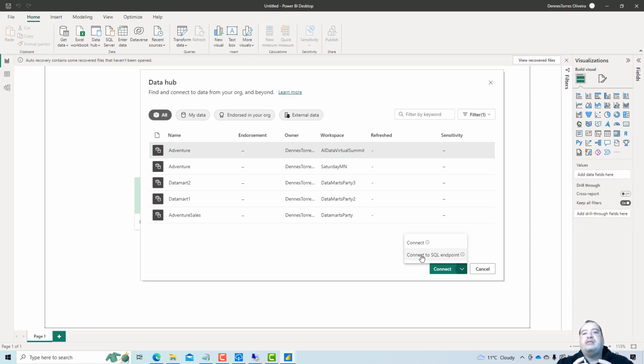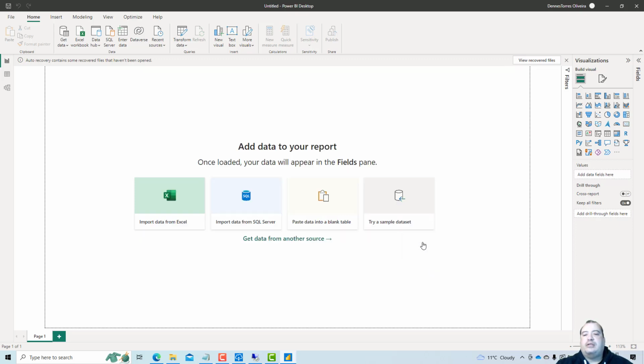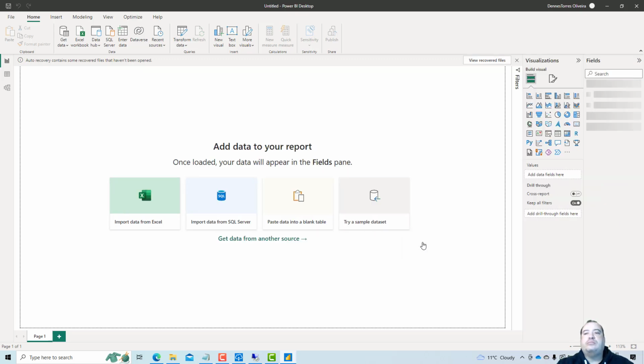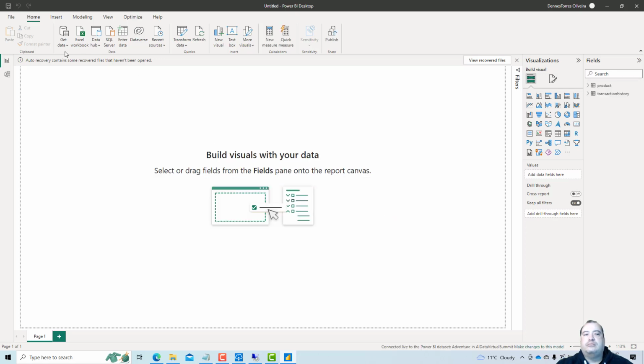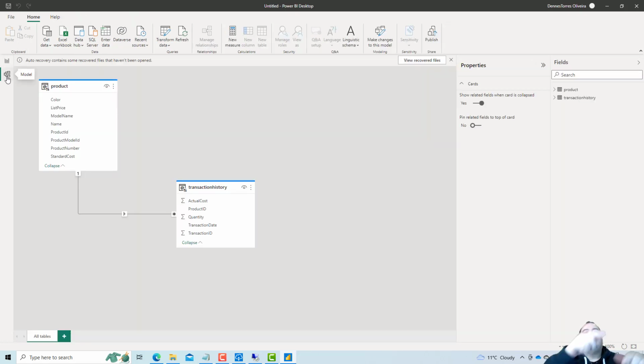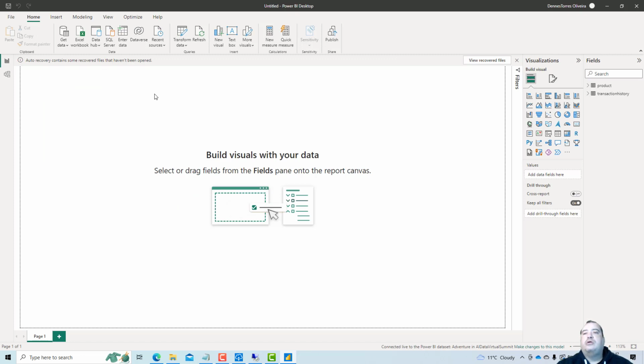In this case, I'll get the data in SQL. I will not have the model configuration made in the data mart. Let's say that I want to reuse the model. And we can see the relationship I created on the data mart, product and transaction history, already done. It's already done here for the report. So many users can reuse this data mart without the mess of Excel files that our users usually make.